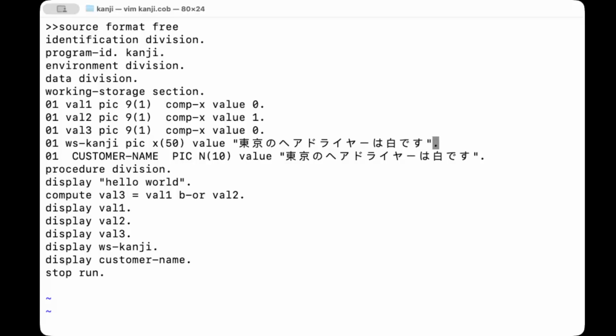They had to do that pretty early on in COBOL's history for the Japanese international automotive industry. This sentence says the Tokyo hair dryer is white. All right, and I have that same string here. PIC N is